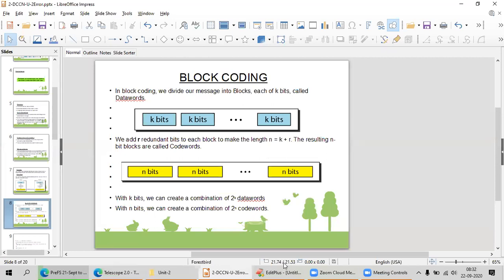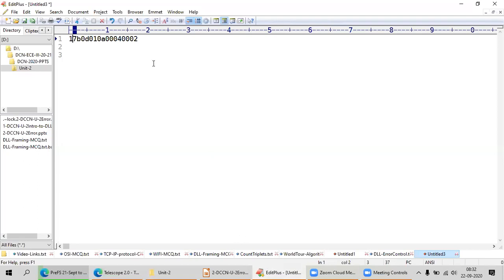With k bits I can create 2 to the power of k data words. I will show you. First of all, I am taking k equal to 3.